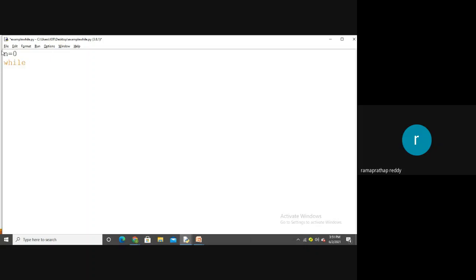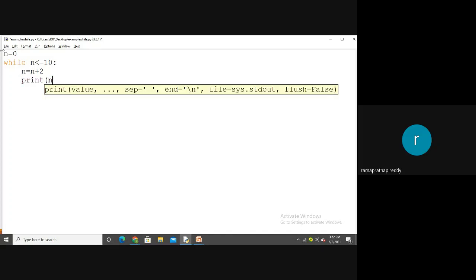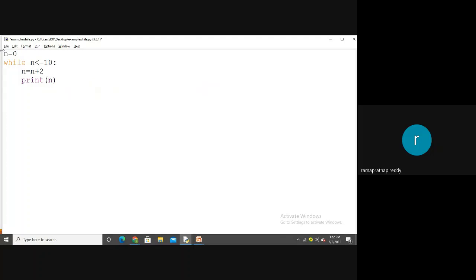సో వైల్ కండిషన్ ఎంతవరకు? 10 నంబర్స్ వరకే కదా. సో n లెస్ దాన్ ఆర్ ఈక్వల్ టు 10. 10 వరకు ఉన్న వాల్యూస్ లో మనకు ఏం స్టేట్మెంట్ రిపీట్ అవ్వాలి? n ఈక్వల్ టు n ప్లస్ 2 అనేది రిపీట్ అవుతూ రావాలి. ఓకే, రిపీట్ అవుతూ ప్రతిసారి 2, 4, 6, 8 అనేది మనం స్క్రీన్ మీద చూడాలి కదా. సో ప్రింట్ n ని ప్రింట్ చేస్తున్నాం. సో అట్లా మనం 10 వరకు చెక్ చేసి రిపీటెడ్ గా ఆ స్టేట్మెంట్ ని ఎగ్జిక్యూట్ చేస్తే విల్ గెట్ ఈవెన్